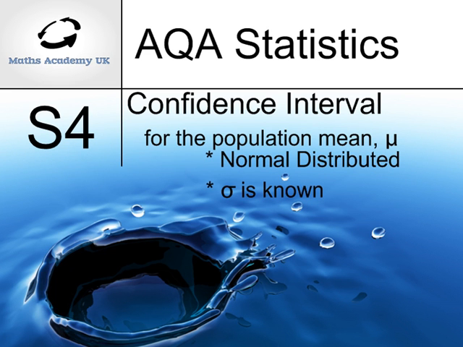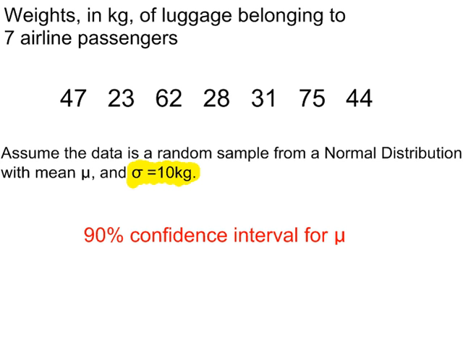A confidence interval for the population mean, for a population that is normally distributed and where the population standard deviation is known. These are the weights in kilograms